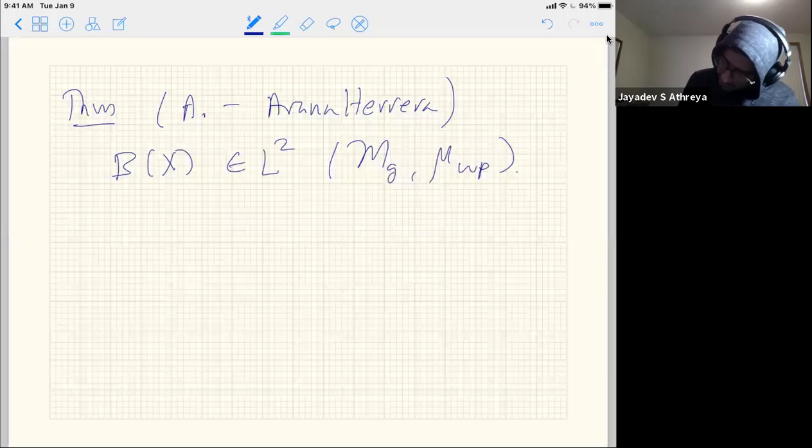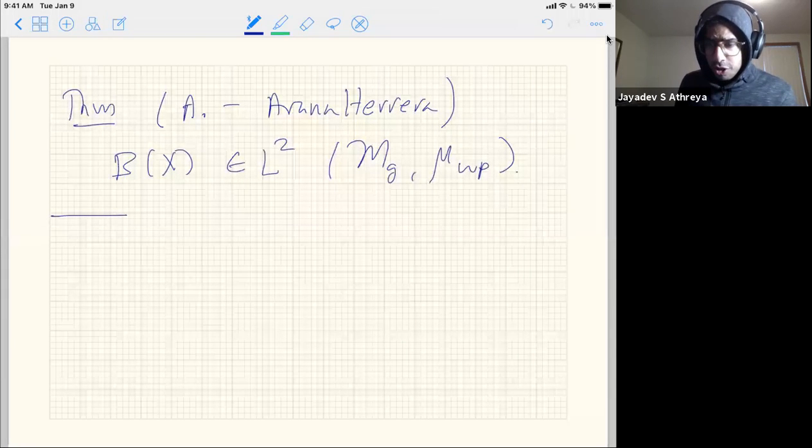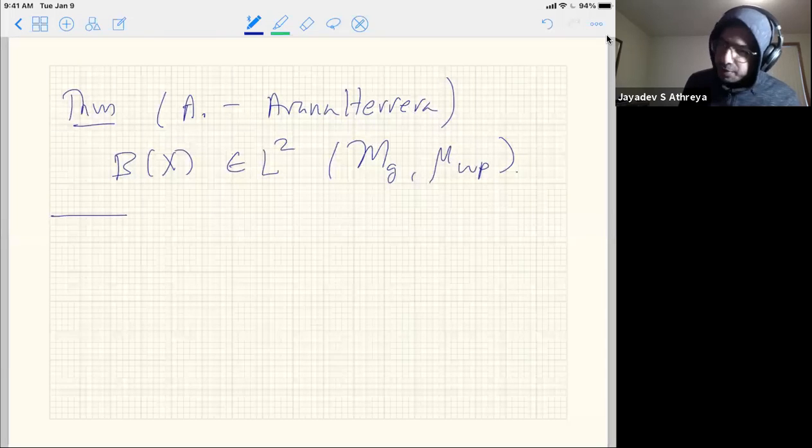So what you need to understand here is the behavior of this function near the boundary. One of the common threads in all the problems I've been talking about is, of course, that these underlying spaces are non-compact, right? That's why we can have interesting functions that blow up, and these interesting functions blow up near the boundary, and you have to control the behavior near the boundary. In particular, we need to understand